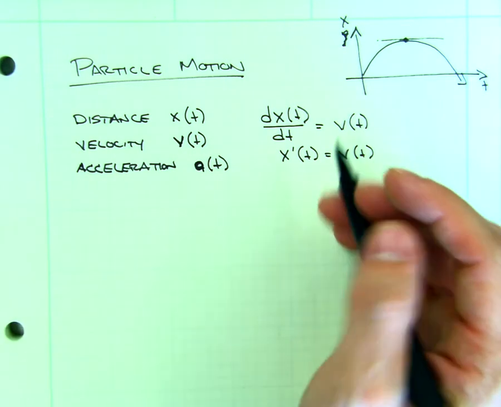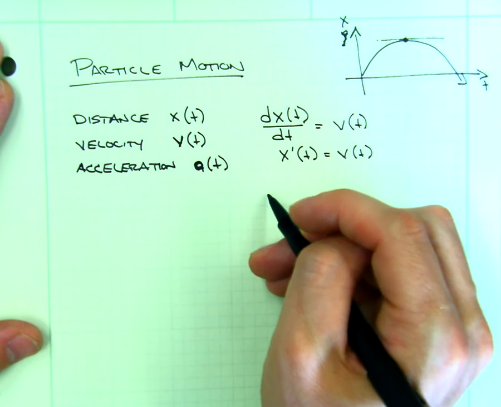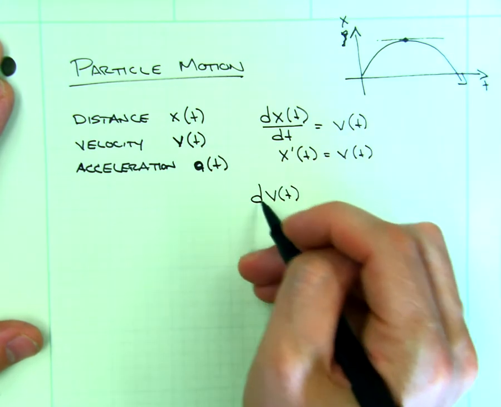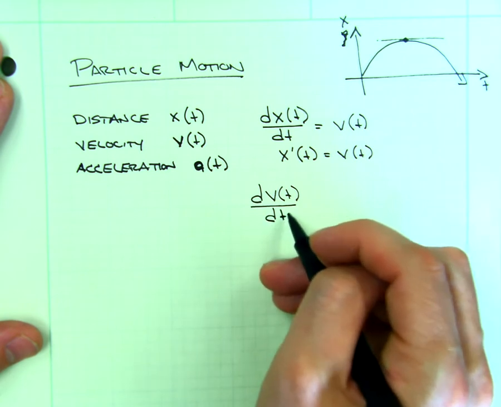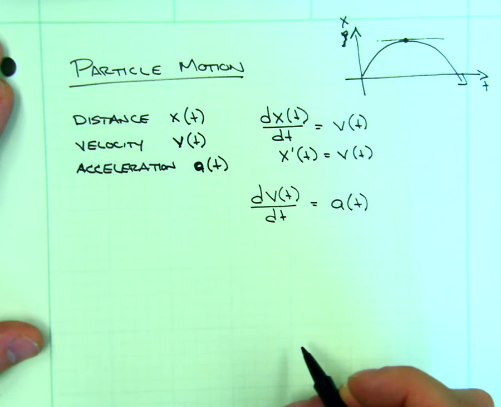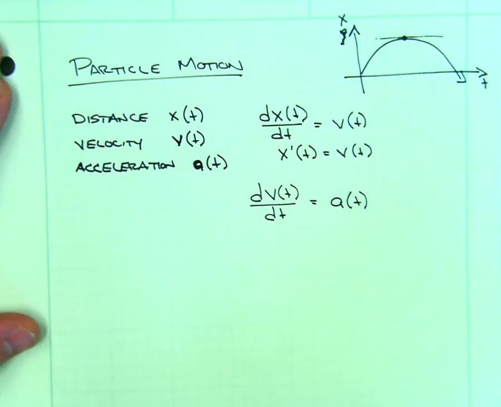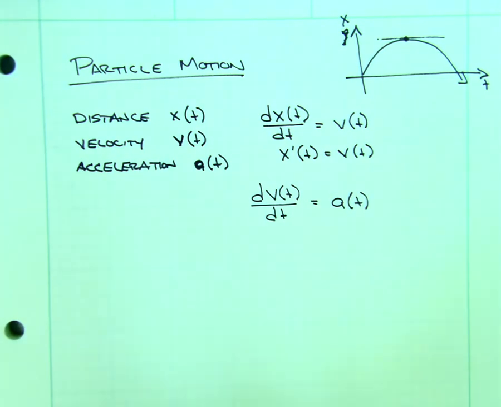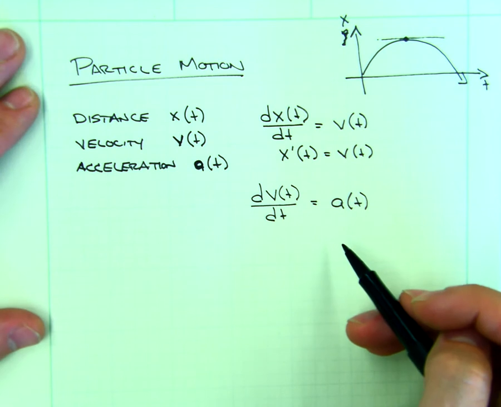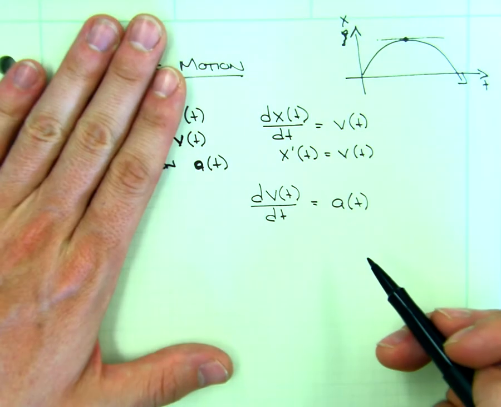Now, the relationship between velocity and acceleration is if I had v of t, and I take the derivative of the velocity, dv/dt, with respect to t, this is going to give me the acceleration with respect to time. Now, most problems you're going to encounter are going to have a constant acceleration because most of the problems you see on Earth are like a ball being thrown up in the air, and the Earth, fortunate enough, has constant acceleration. However, if you're talking about things like a car, if you hit the gas on a car,